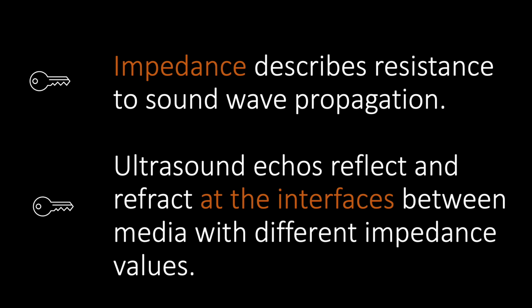And the impedance values, while you don't need to necessarily know them, you should know that general rule that certain tissues pass sound waves more easily, things like hollow fluids. And we'll revisit this in our next section. And then remember that ultrasound echoes reflect and refract at the interfaces between the media with different impedance values. So this is a summary of what we already discussed on the previous slide, but it's super, super important to understand where those echoes are being generated and why, so that we can understand then when things go wrong or when things go into an artifact, how we interpret that artifact to make a diagnostic image for our patients.